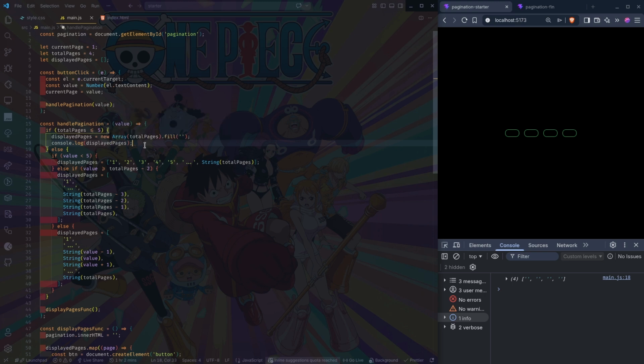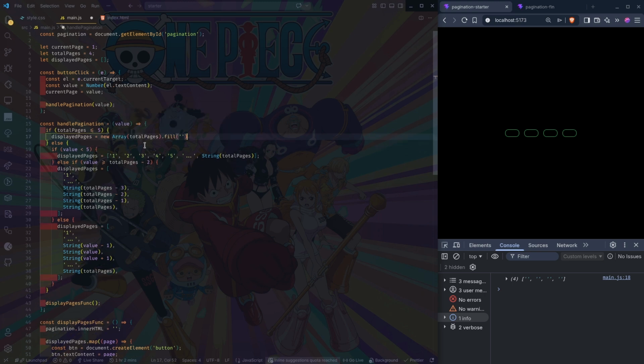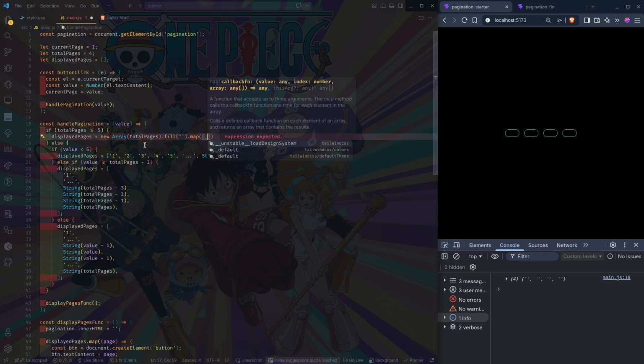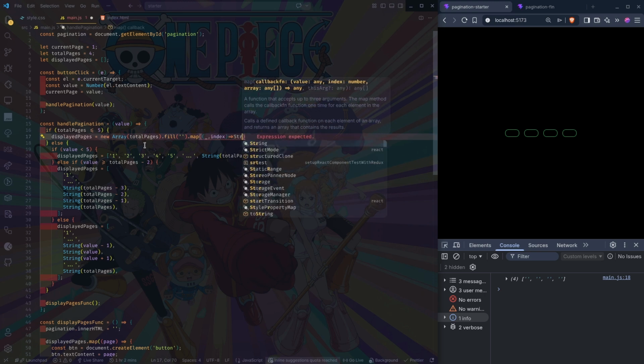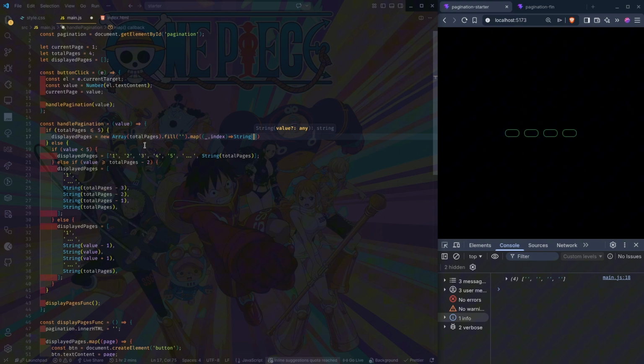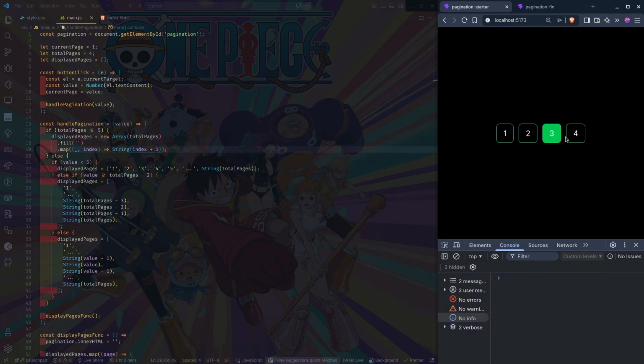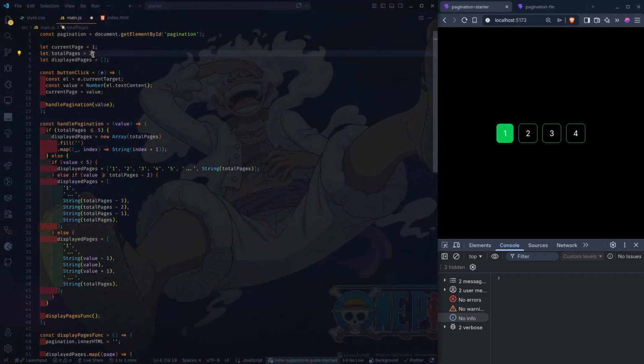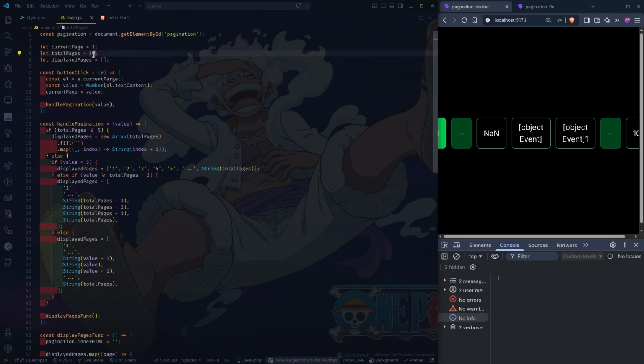So then what we want to do here, we say dot map, then we map this out, and we are not interested in the value. What we're interested in is the index. So we return, of course everything here is going to be a string, index plus 1, and we are good. So this is dynamic, okay? Whatever the number of pages is, it's not going to break. Of course, the number of pages should not be 0. So then, of course, if we have 10,